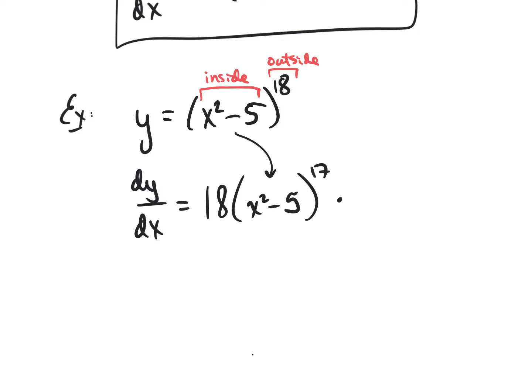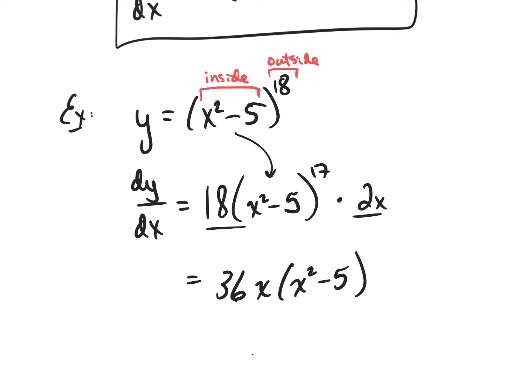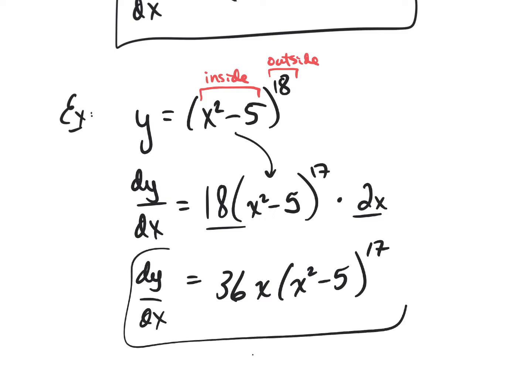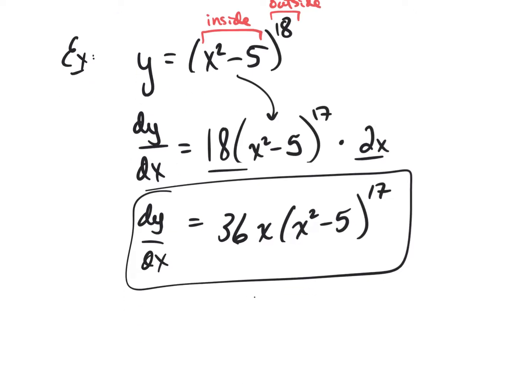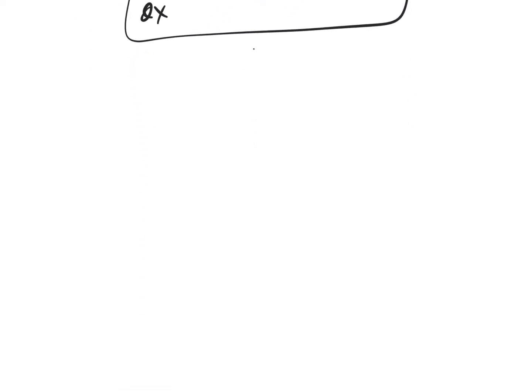The derivative of the inside function, the derivative of x squared minus 5, would be 2x. And to simplify then, the 18 and the 2 would give me 36. I think I'll pull that single x out front. Doesn't matter too much. And then what I'd be left with is x squared minus 5 to the 17th power. And there is our derivative. Again in really 2 steps, I guess, with the simplifying done. And the other one that we did yesterday using a u substitution, but now I'll just show you the same problem with chain rule,